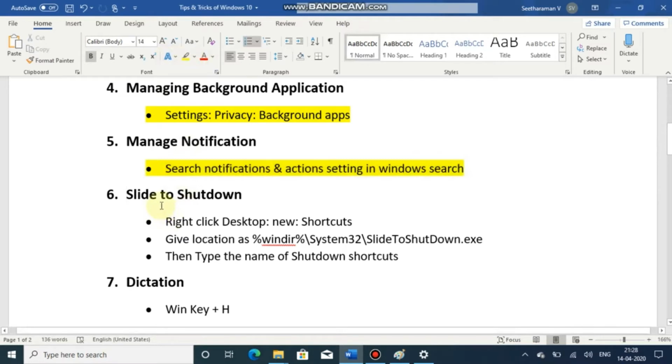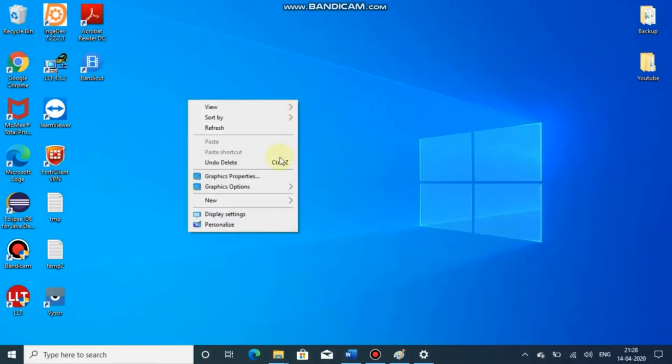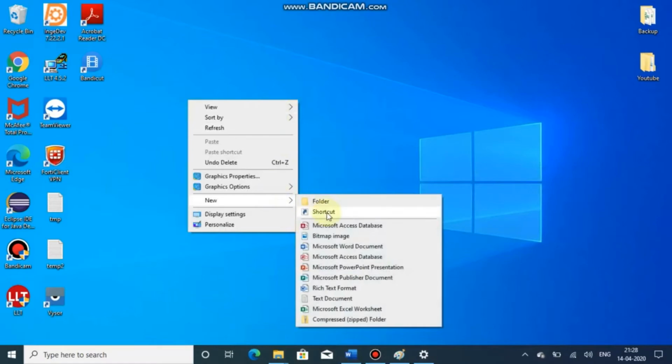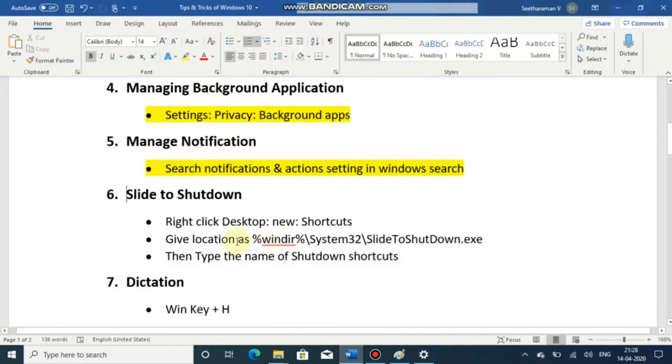Then slide to shutdown. This is to create an icon to shut down the PC quickly. For that you have to right click on the desktop, then create shortcut. Then it will ask for the destination. You copy that destination.